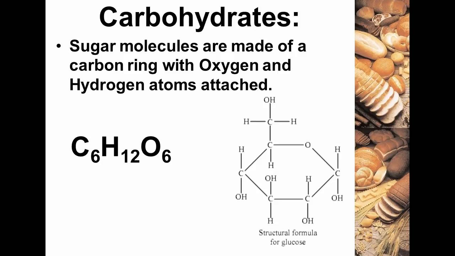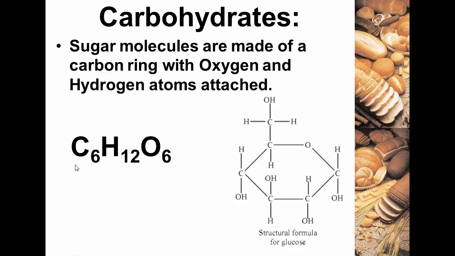You'll see it's actually, like I said, 6 carbons. If you count up the number of oxygens and hydrogens, it's basically this. There's basically 2 hydrogens for every oxygen, which if you think about it is kind of the formula for water, H2O. So a sugar molecule is really made out of carbon and water. And if we write out the formula just like this,